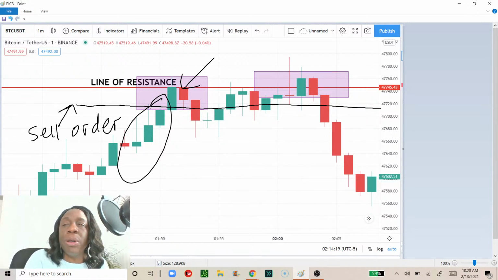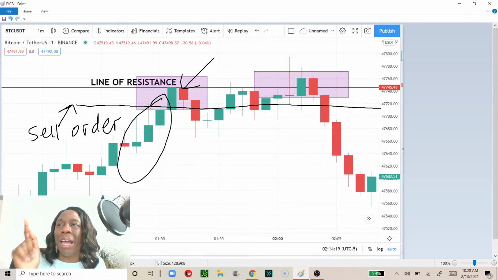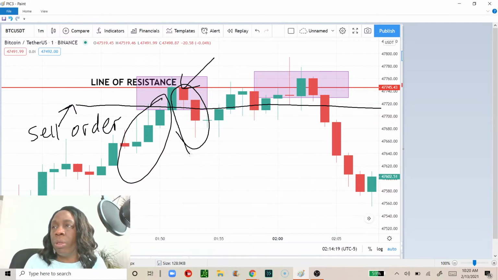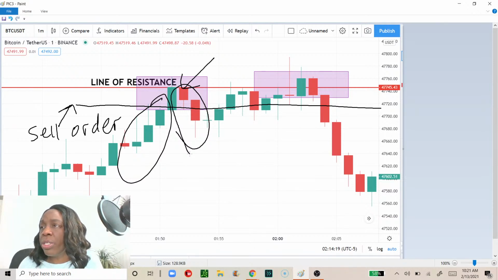If you wait to the point of resistance, remember we said at resistance we have sellers. They're all camping out at that line. So if you wait too long, you will end up trying to sell when it's going down. And sometimes, with so many sellers and so much trading going on, your order doesn't go through immediately. So you are losing money when you could have sold when it was still green. And that's a discipline we all, as traders, have to learn. So your sell order, in answer to your question, Nina, needs to go before your line of resistance.